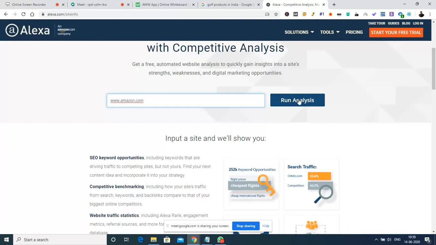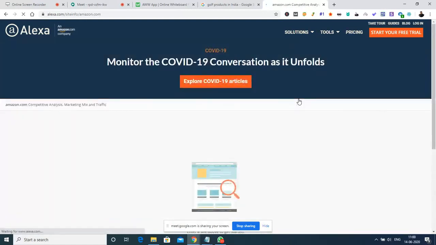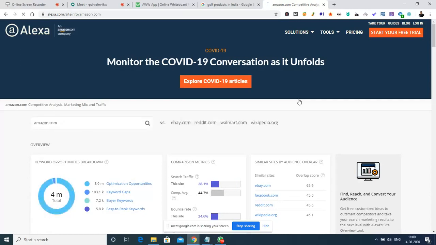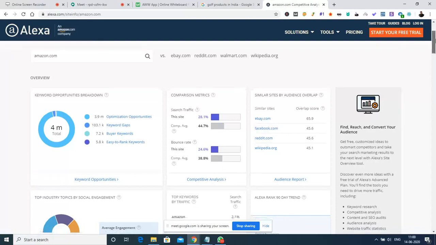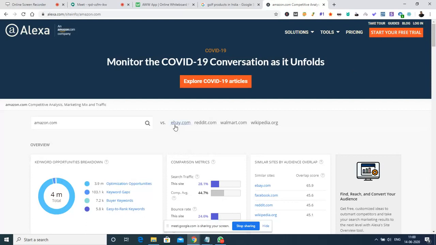Okay, so right now I'm going to explore Amazon.com. Okay, so what we have here is this site. These are the competitors for Amazon.com: eBay.com. I don't know how Facebook.com came. Anyway, Reddit.com similar. These are similar pages which have audience overlap. So the competitors are eBay.com, Reddit.com, Walmart.com, and Wikipedia.org. I don't know how this Wikipedia.org came. Anyway,